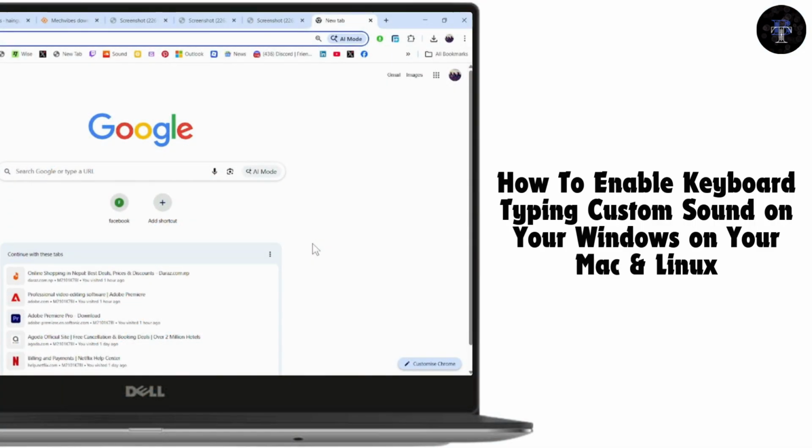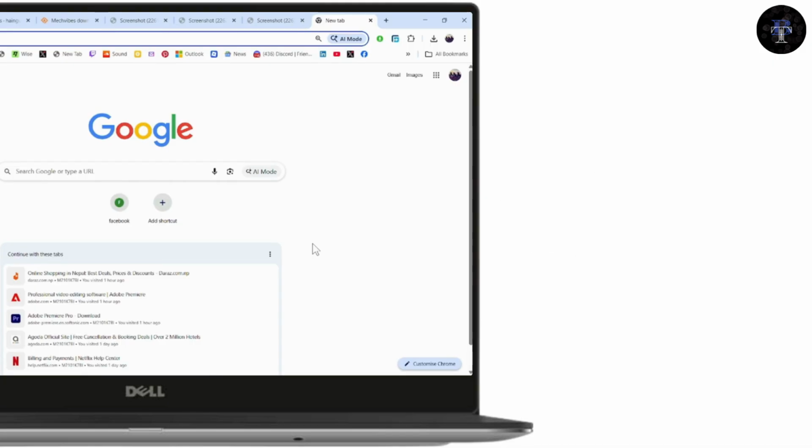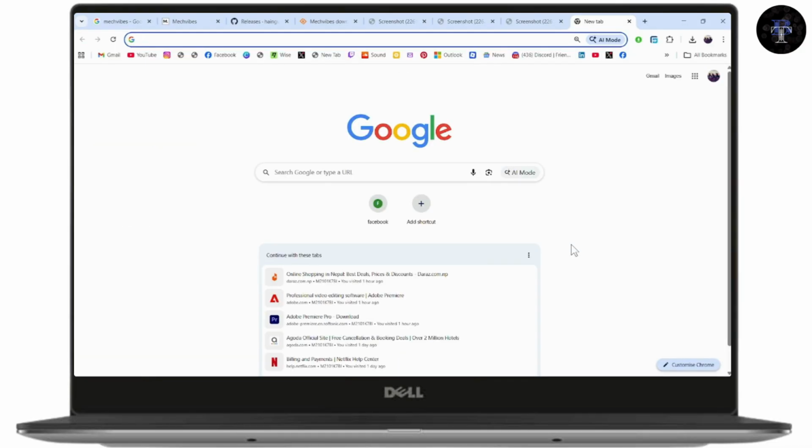How to enable keyboard typing custom sound on your Windows, Mac, or Linux. If you want to enable your keyboard typing custom sound, then what you need to do is first,